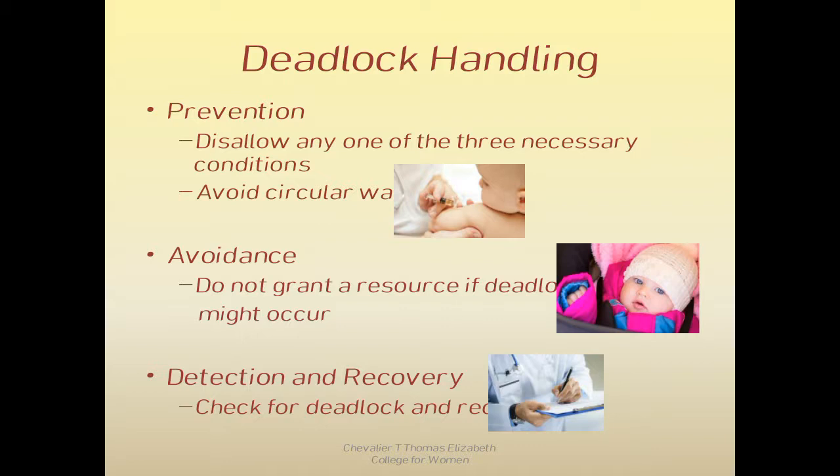The second method we have is avoidance. As we can see on our roads without signals, during the peak hours we can find a traffic policeman standing, while during the ordinary hours there is no police on the road. That is, we sense the time when there is heavy traffic flow and there is a chance of a deadlock, and then we start avoiding it. So that is the strategy we follow. As long as the system is in the safe state, we are going to continue without any problem. Once we detect that the system is going into an unsafe state, we step in and avoid the situation